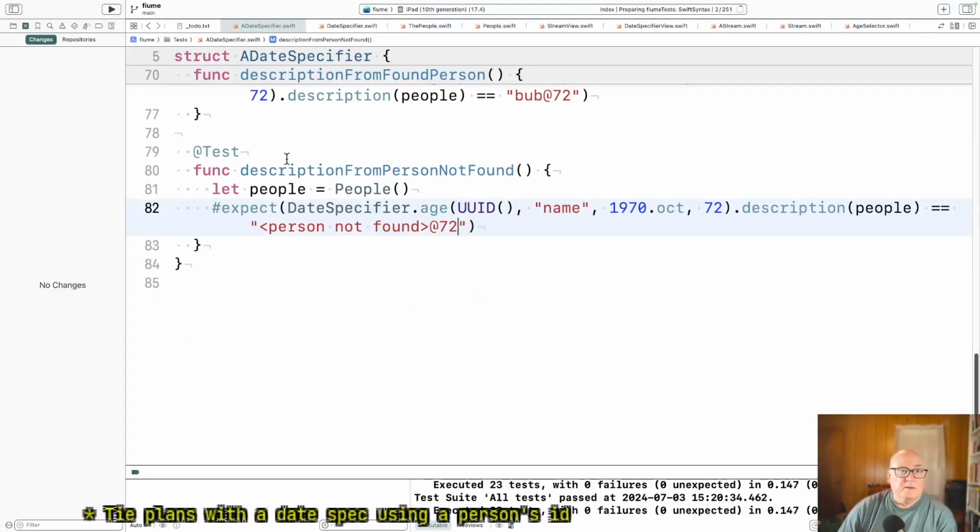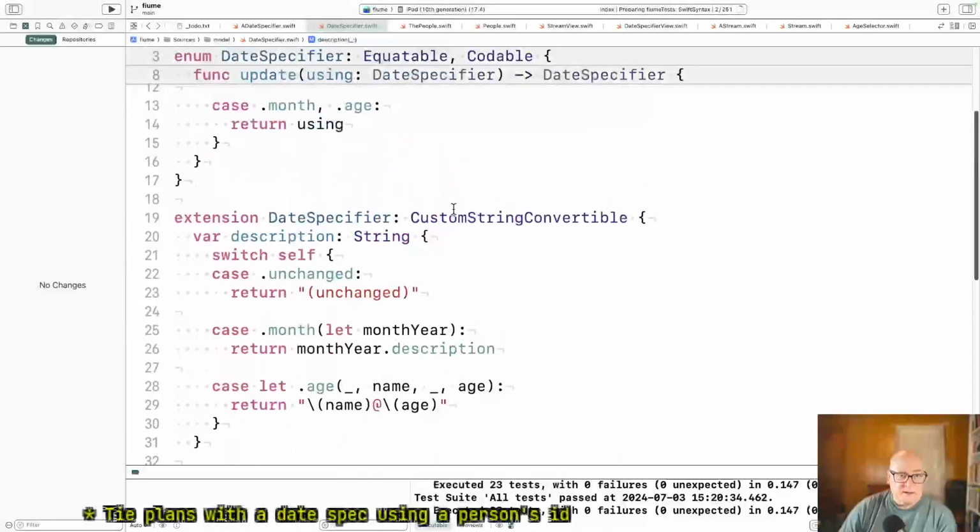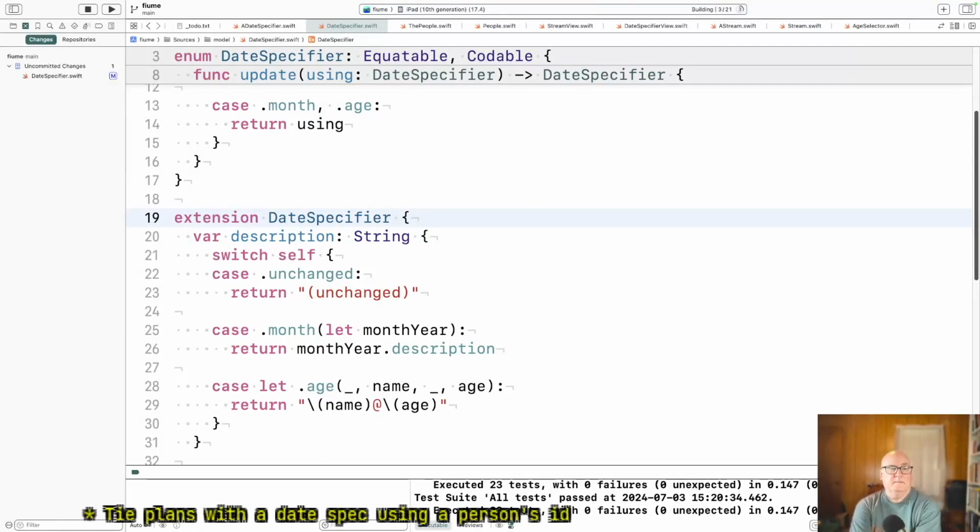Okay, and now I don't think DateSpecifier needs this anymore. Only the test, and the test calls description. It doesn't implicitly call it.